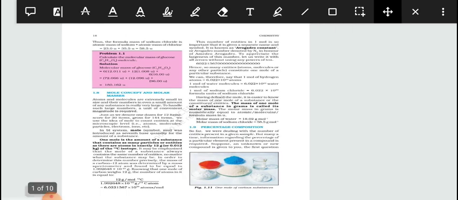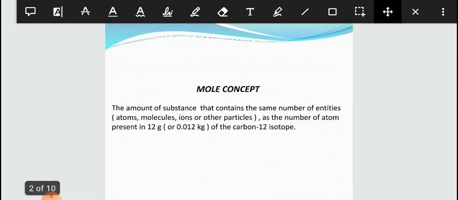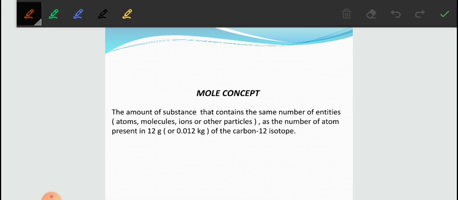In this part of the video, I am going to cover the mole concept. So let's start. Basically, atoms and molecules are very small in size. These are the smallest particles, and we find them very difficult to measure. So scientists suggested some units. The first unit that they have taken is the mole. So I am going to define the mole.